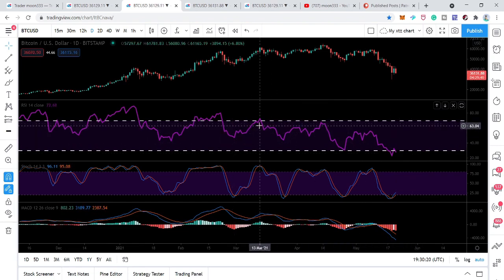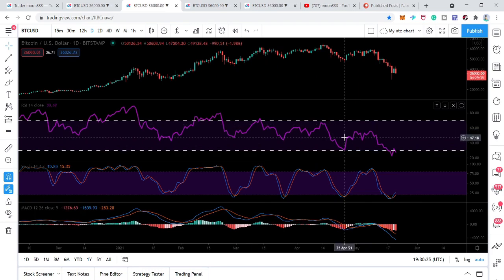We can see that after March 2021, so far the RSI never visited the overbought condition. It has entered 2 times in the oversold, so it has to move to the outside. But there is no very, very strong connection between the price action and the oscillator. It can be possible that the oscillator will be moving up, and on the other hand, the price action will be moving sideways, rather than moving to the upside. It is not necessary that the price action will move to the upside with the oscillator. However, most of the time, the price action moves to the upside while the oscillator moves to the upside.